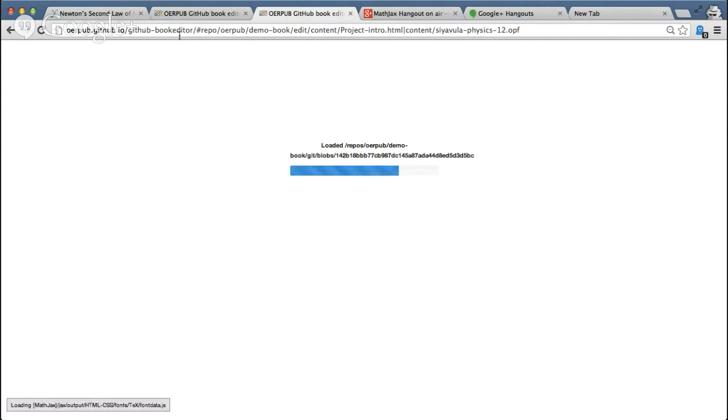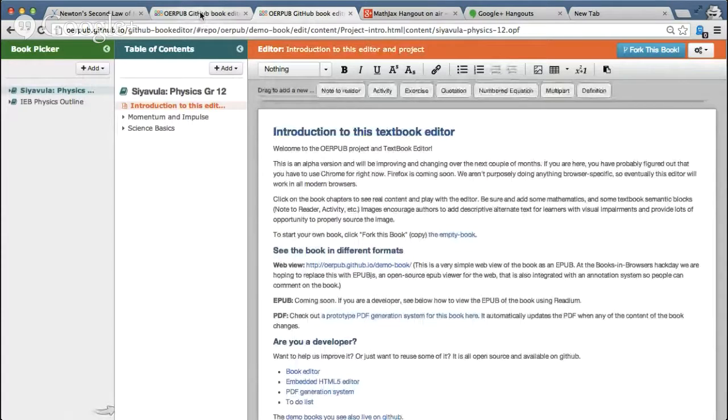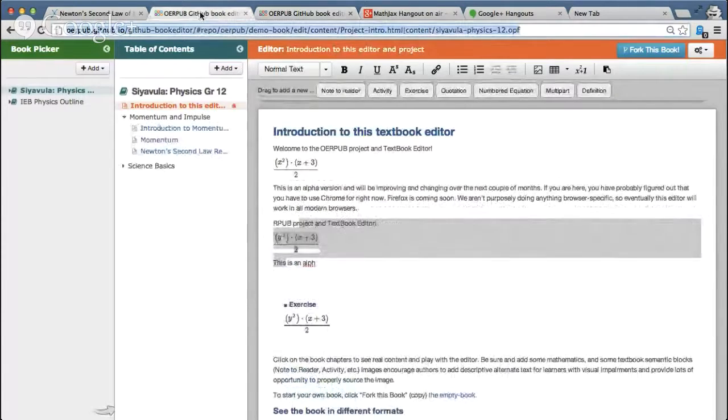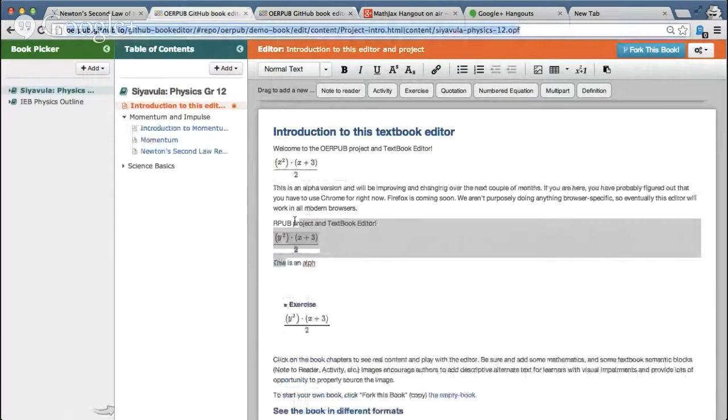The actual editor is hosted on GH Pages. It doesn't require a special web server. All you need is a GH Pages branch. But yeah, so I'll copy it here and see if I can paste it in here. Oh, nope, I copied the URL. Of course. Recopy this.